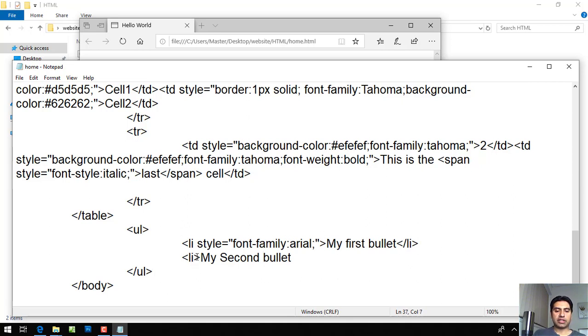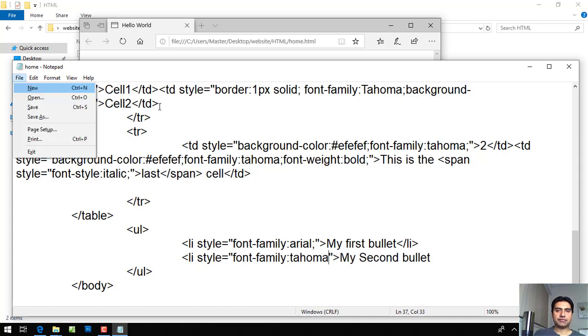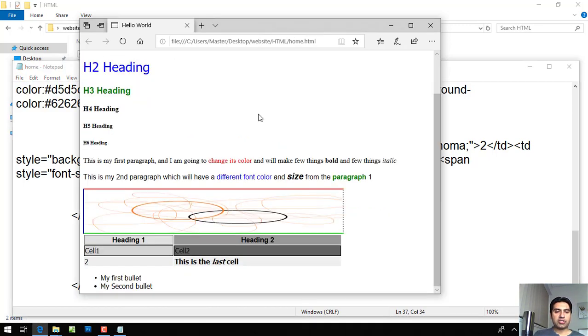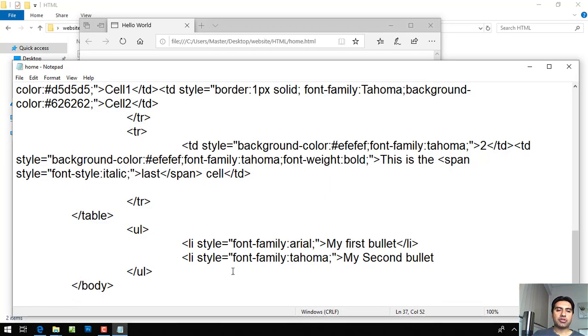I would go for the second bullet, style, font family, Tahoma. So for this example, what I did actually, I changed the first bullet point to Arial and the second bullet point to Tahoma. So now what I'm going to do, I'm going to add the ordered list,